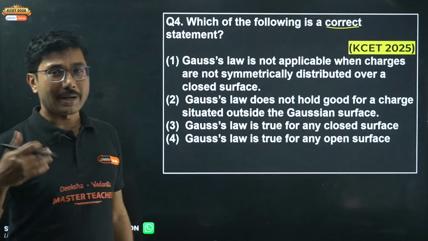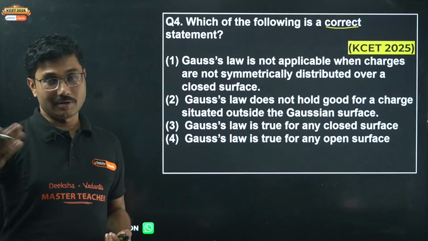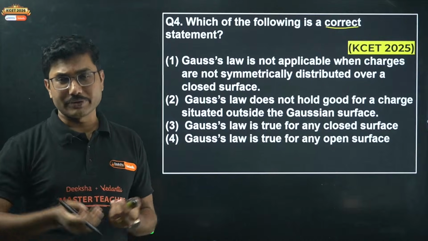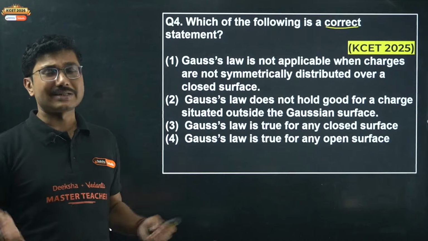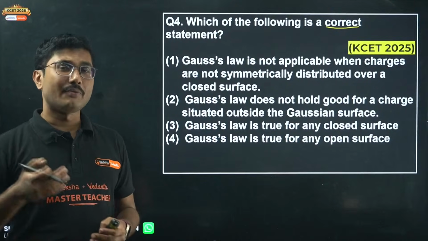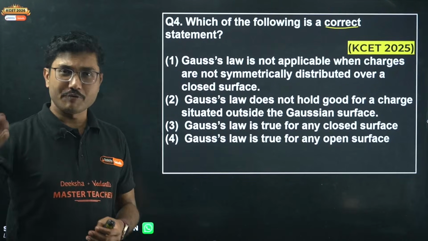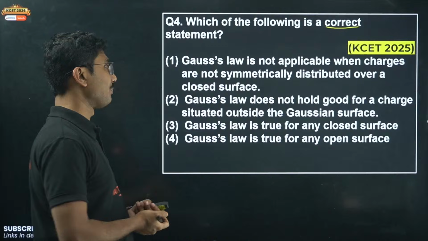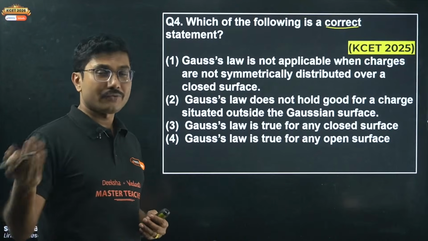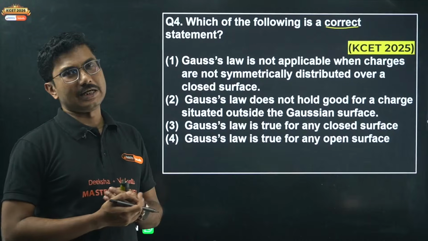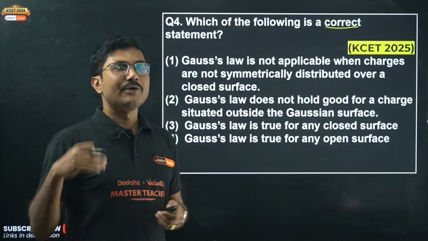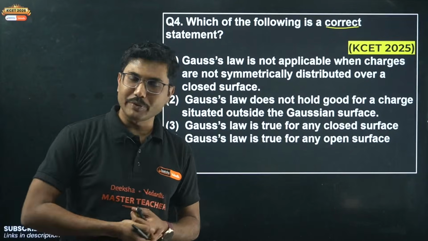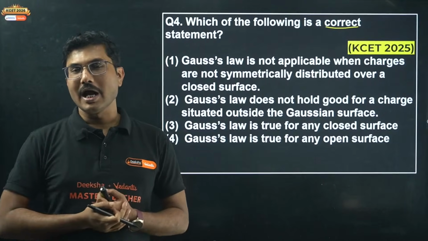NCERT is more appropriate for biology and maybe chemistry, but for physics, I have felt that the book is first of all a little boring, and secondly, a lot of extra content is there which you may not require while studying for KCET. But I do not discourage you. If you have time, definitely you should prepare from NCERT. But NCERT does not give you enough question practice. Question practice is limited in NCERT. Even if you read a line, you will not realize that line is important. You will just read it and think, okay, I have finished NCERT and I will score well. But when the question comes, you forget it.